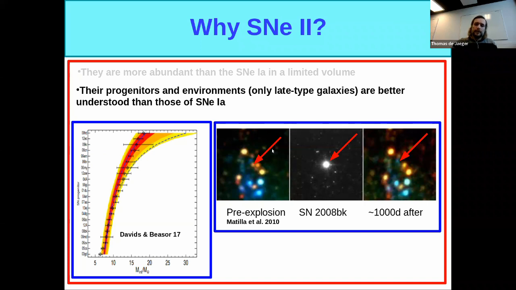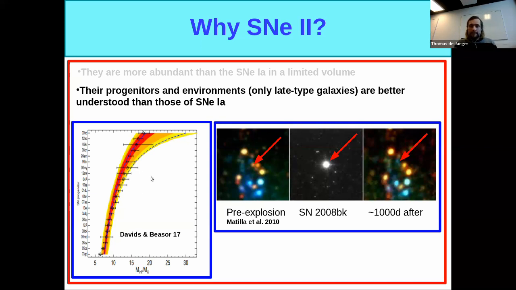So then you come back to the pre-explosion images, and you're pretty sure that this star was the progenitor of the supernova. You can measure the densities, mass, etc., the properties of the stars, and you can put constraints on the progenitor of the type 2. So now we know that progenitors of type 2s are core collapse, red supergiant core collapse, and the mass of the progenitor is between 8 to 15 solar masses. You can see here the work from David.